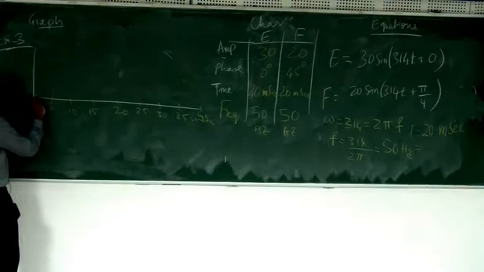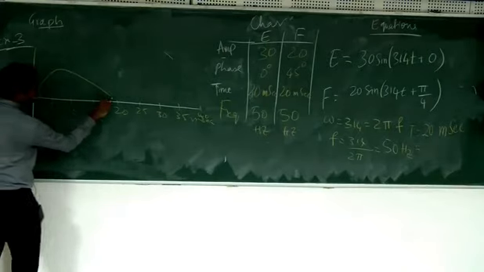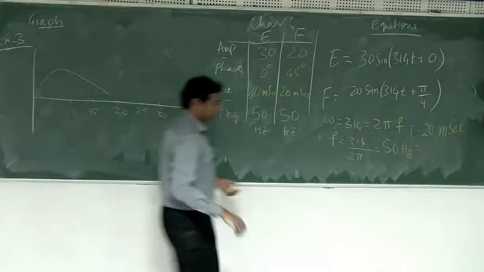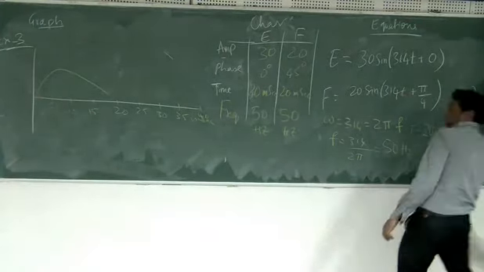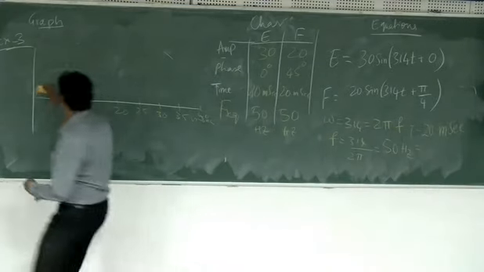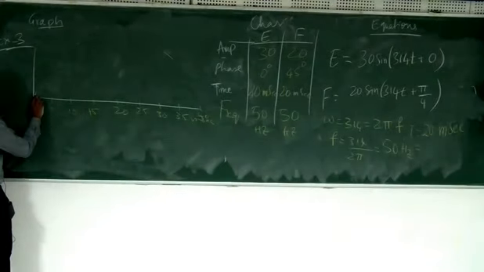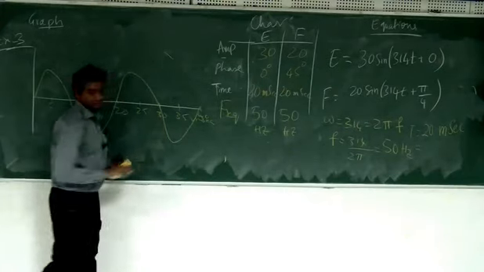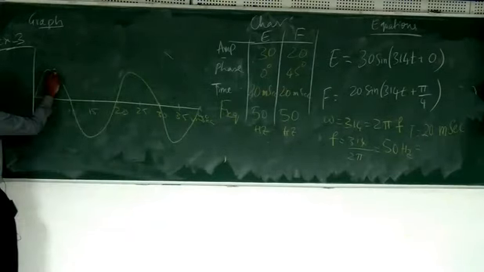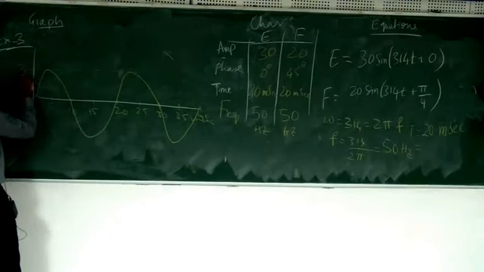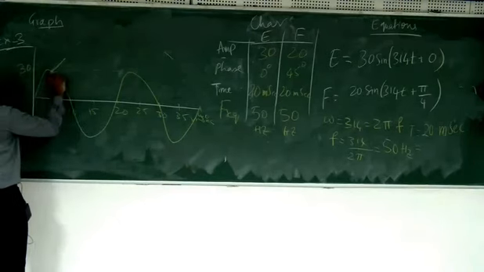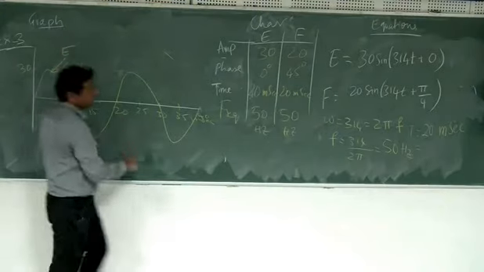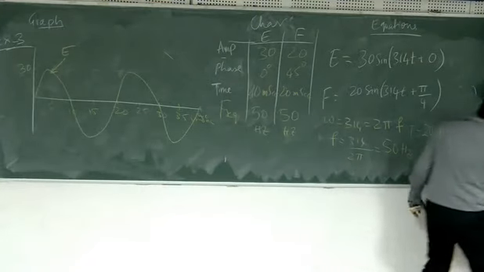Okay. So one cycle is here. Oh, sorry. So maybe like this. Like this. Okay. So this one, I'll say it is 30, and then this I label it as E. Okay. So what is F?